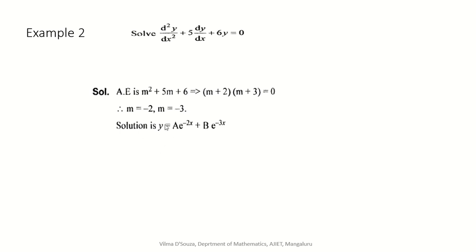So write down the solution corresponding to these two roots. What is the solution corresponding to -2? The term in the solution is c1 e^(-2x) + c2 e^(-3x). So y = c1 e^(-2x) + c2 e^(-3x). Instead of c1, c2, which are constants anyway, you can take them as a, b, c, d also. So y = a e^(-2x) + b e^(-3x).